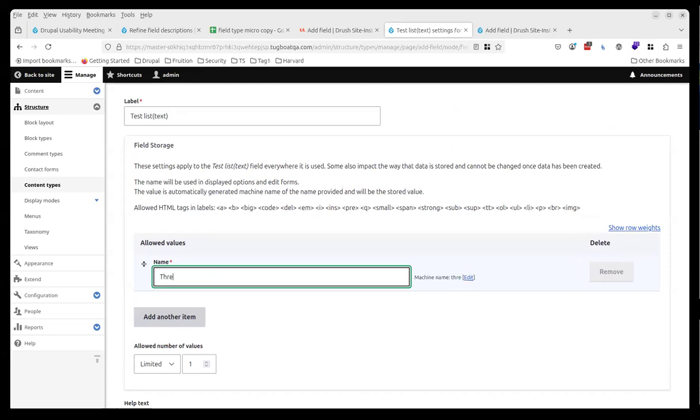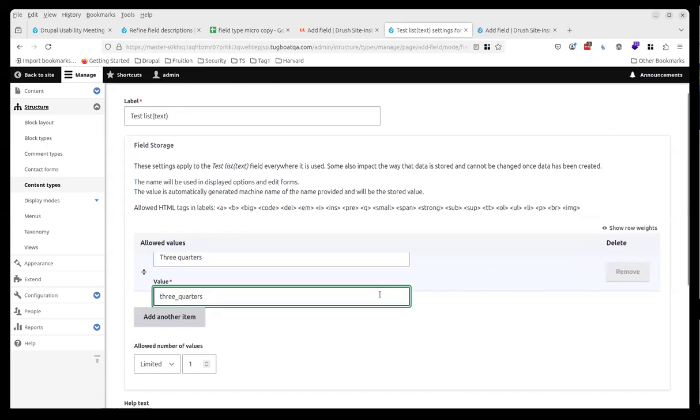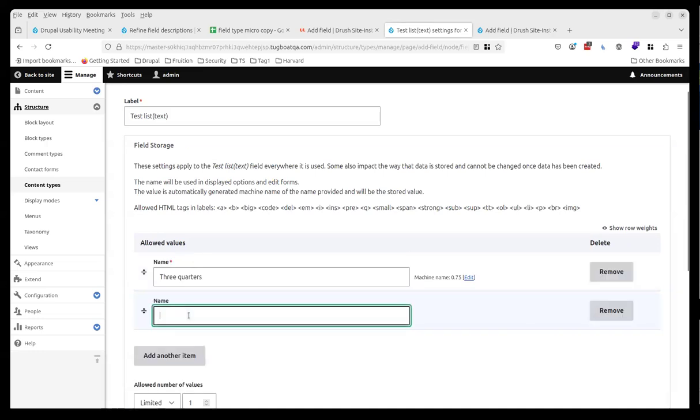So I could have 3/4 as one option. And by default, the machine name, the thing that will get stored in the database, is lowercase with spaces replaced by underscores. But you can make it anything you want. You could, for example, put in the string 0.75 there as one option. And the next one could be 1/2. And you could use the